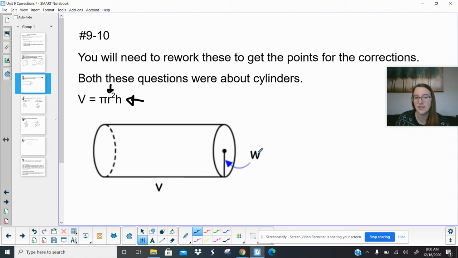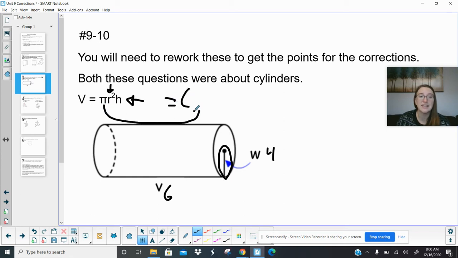In this case, I know they say W and V. I know that was kind of confusing to some of you guys, but this is the radius. This number gets squared, this number doesn't. So for example, if this said this was 4 and this was 6, my answer would be,